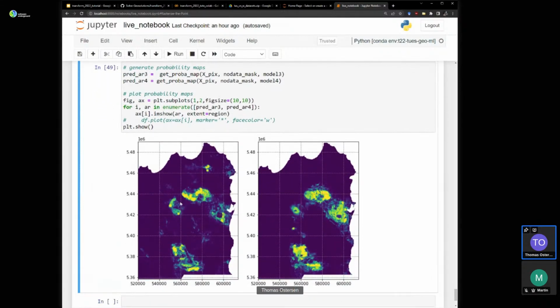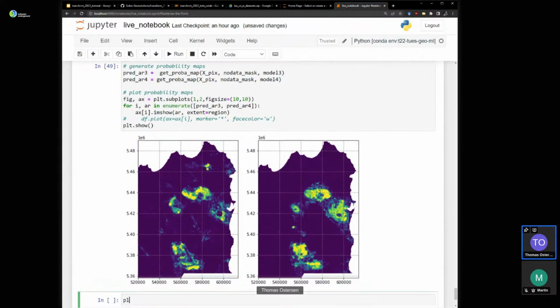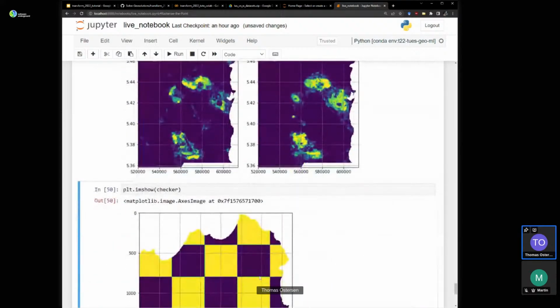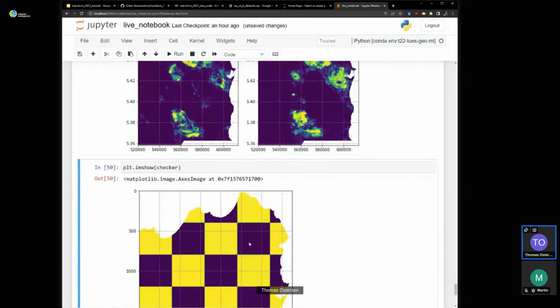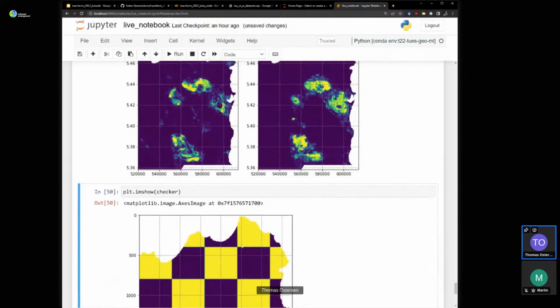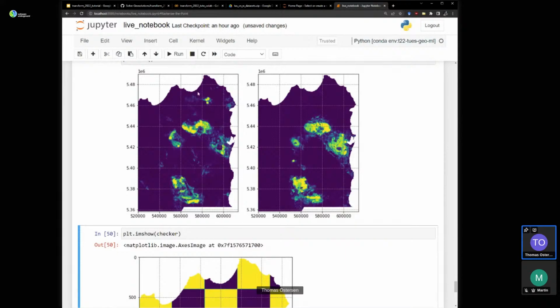This first model, this was model 3. That one was trained on, let's just confirm, let's have a look at the checker again. Yeah, so that one was trained on checker 0, and you can see that occurrences up here in this northwest corner get predicted, because they were included in the training data.